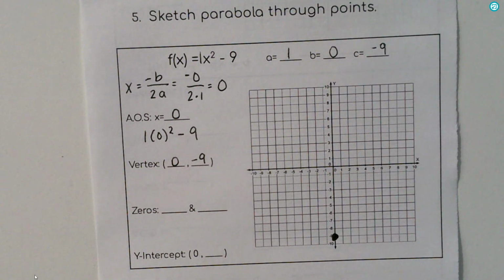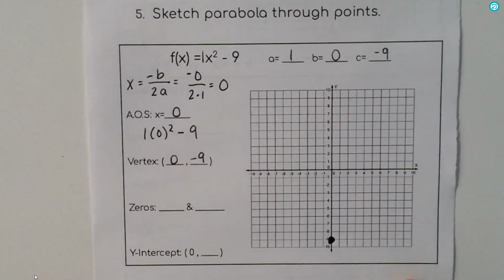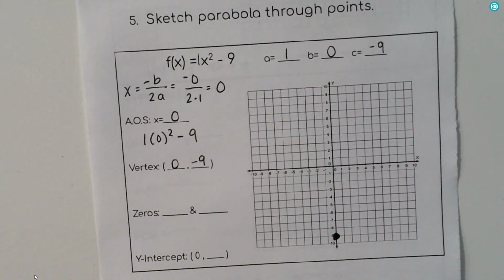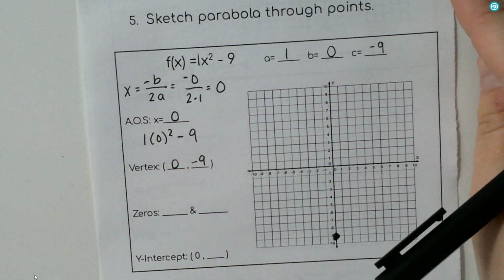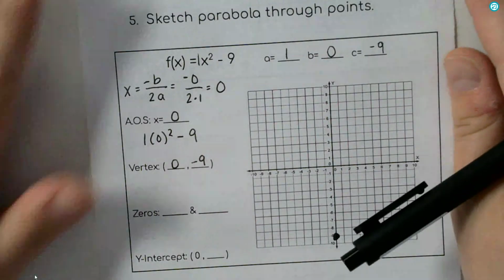Alright, so 0, negative 9. So I like to graph as I go. That is my vertex. That is going to be the middle point of my graph. Any questions right now about finding or graphing my vertex? Okay, I normally also graph a dotted line for my axis of symmetry. I'm not going to do that on this one. We'll do it on the ones on the back. This one we don't really need it because the axis of symmetry is the y-axis, so. Alright,